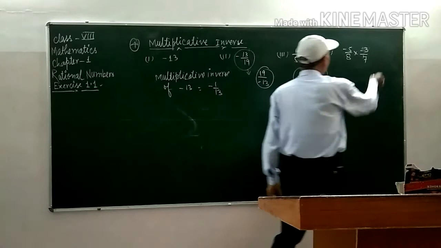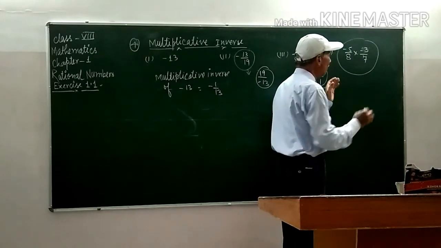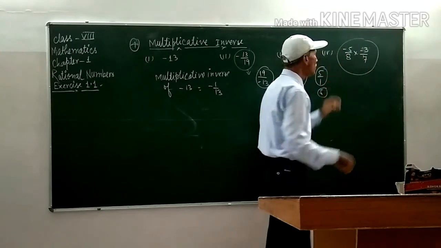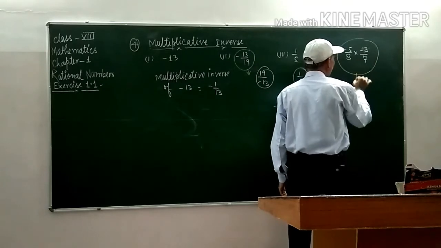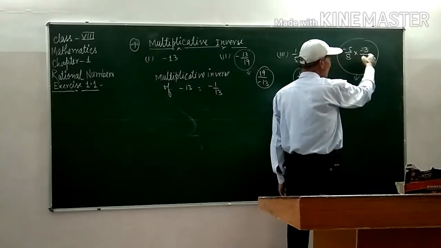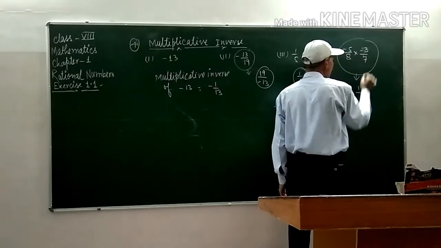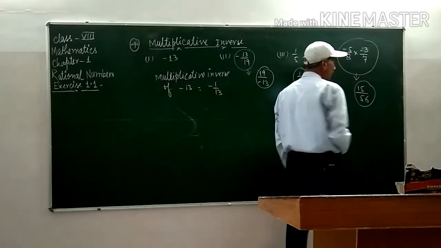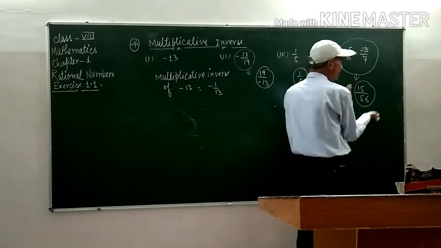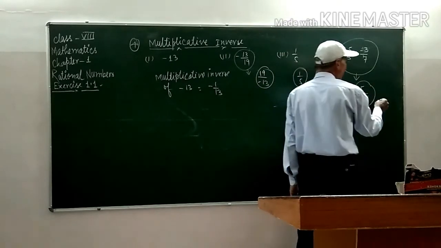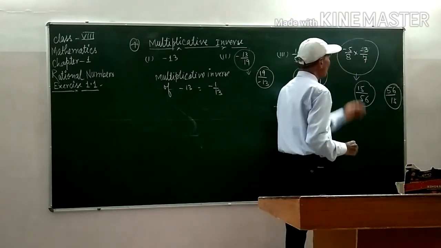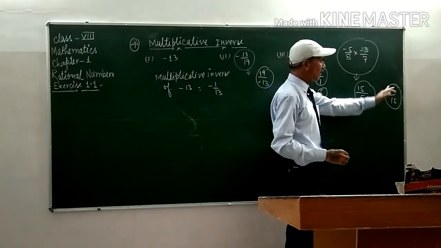1 by 5. And in this type of number, student, first of all we have to find the product of the numerators, after that the denominators. So what is the product of the numerators? That is minus 5 into minus 3, minus minus makes plus, 5 threes are 15, 15 by 8 sevens are 56. And what will be the reciprocal of this 15 by 56? That will be the change of its numerator and denominator, that will be 56 by 15. Okay student, the multiplicative inverse of this number is 56 by 15.